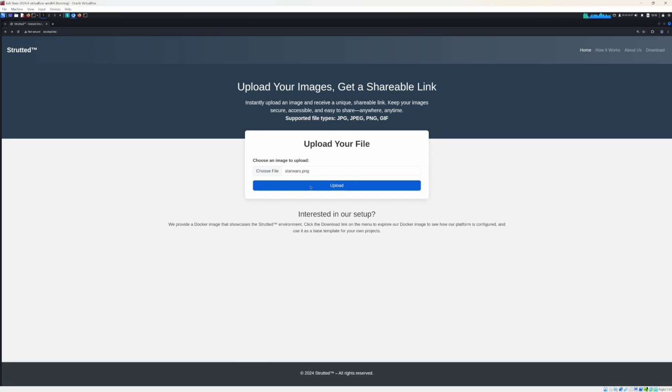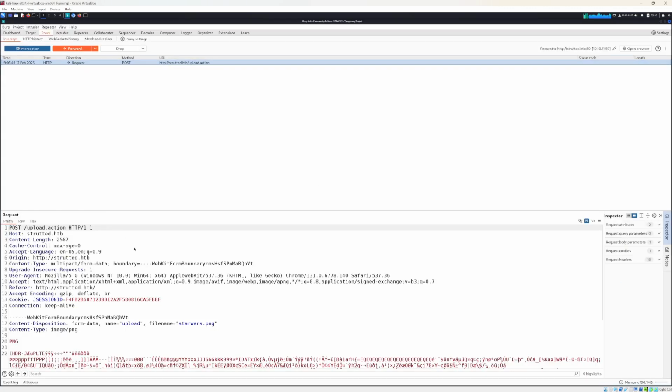But we press upload, and this is why Burp Suite is important, so you have the request. And in the request, you can kind of just change things. So for example, it's currently going to upload. And say I want to do path traversal, right? So what happens if I do this and I add ../ Star Wars.png, right? So it's still a valid PNG file. If I put JSP, it's going to fail, so I'm not going to do that. But for right now, it's just a PNG. So then we're going to forward it,